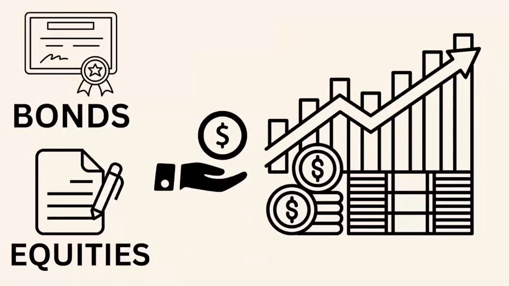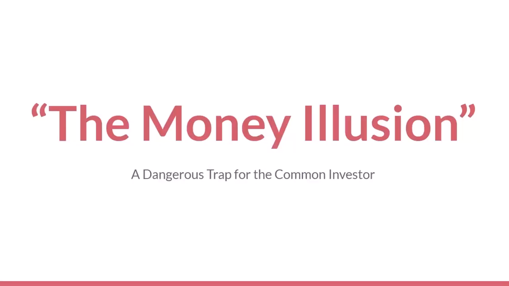As investors, we hope to offset inflation through holding bonds and equities on the expectation that the loss in a dollar's purchasing power may be offset by interest payments, increases in dividend payments, or the increase in the prices of the holdings we have. One key thing to remember when it comes to inflation is the trap of what can be described as the money illusion, and it is one of those more important things an investor must be cognizant of when dealing with inflation.